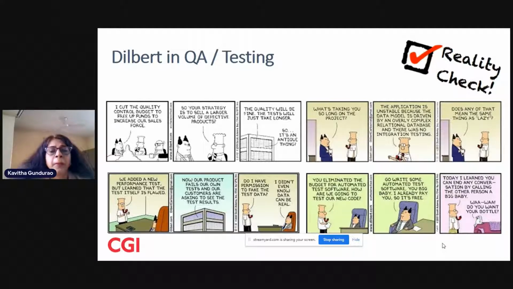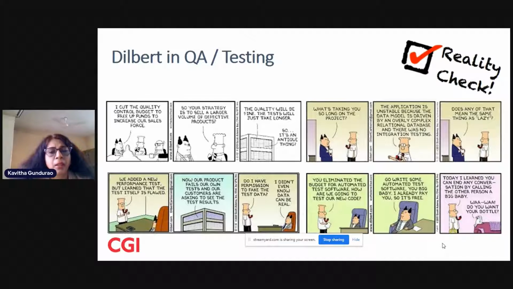So he asks, do I have permission to fake the test data? And the manager is perplexed and says, I didn't even know that data can be real. He's always been thinking that we just fake some of the test data and do not really do performance testing on real data. So these are the conversations going on in the QA and testing space.